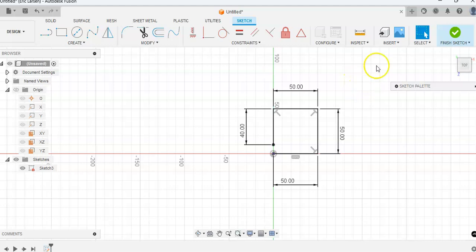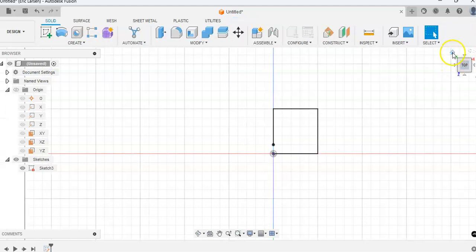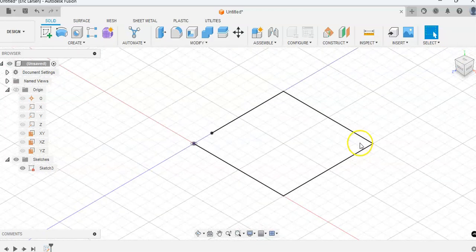Now we see that all of our lines are black. That means everything's fully defined. All the lines and points are firmly constrained in two-dimensional space, and there's no blue lines, it's black. So if we finish our sketch and go back to our three-dimensional view, now we see a nice dark sketch,